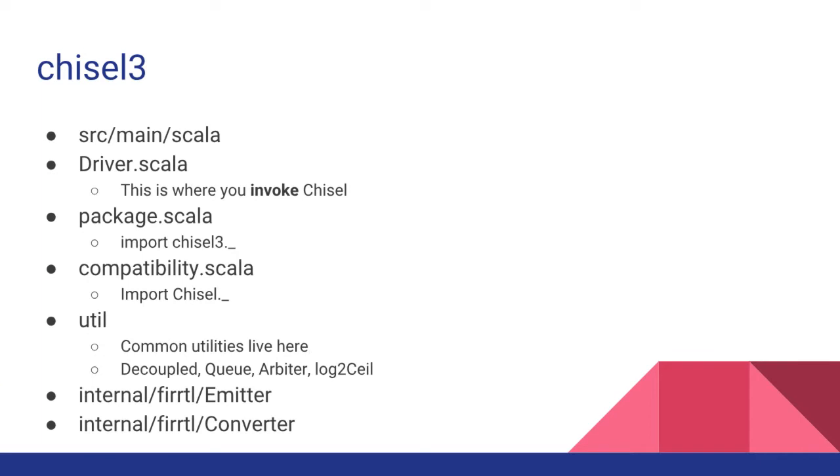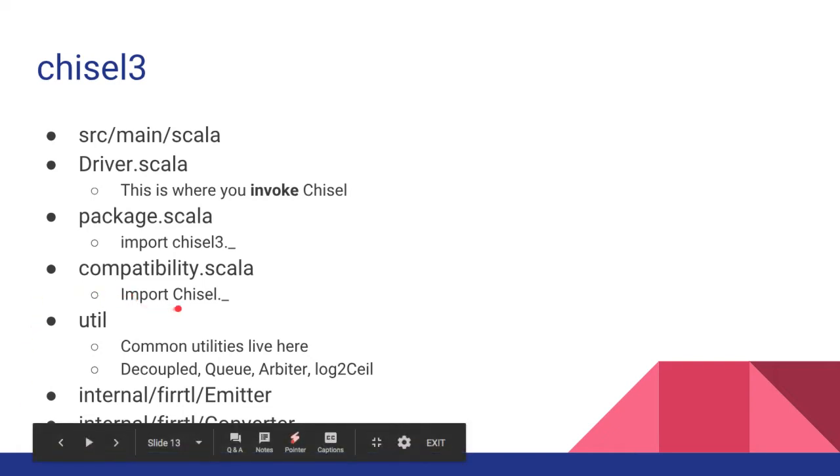And then last but not least, we have Chisel 3. This is what's in source main Scala. This is where the driver exists. So if you've ever written driver.execute, driver.elaborate, driver.emitVerilog, that all is in there. It's where package.scala is, and that's where if you write import chisel3._, that's pulling everything from inside package.scala. Now I believe that this might be changing in Chisel 3.2, but this is how it's been for years. So we have package object chisel3, and inside of there is where, when you import chisel3._, all the things in there come from.